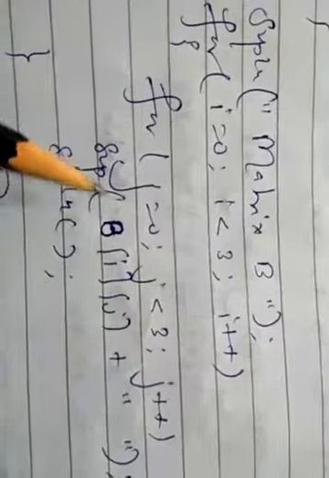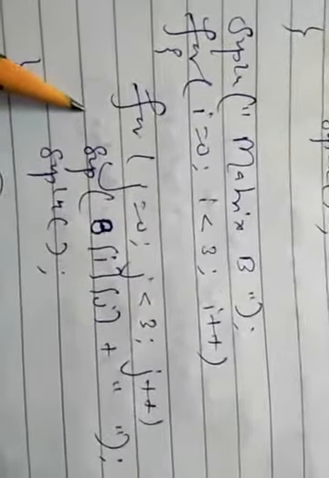Similarly, we write the code for the matrix B: i equals 0, i is less than 3, i plus plus; for j equals 0, j is less than 3, j plus plus. Here b[i][j] plus space inside a System.out.print statement. So we are printing both the A and B matrices, and now we want to print the sum of these matrices. For the sum matrix: i equals 0, i is less than 3, i plus plus, j equals 0, j is less than 3, j plus plus, and this is the printing statement for the sum matrix. Here we are printing the third matrix, which we have already calculated, and this is for the line change.